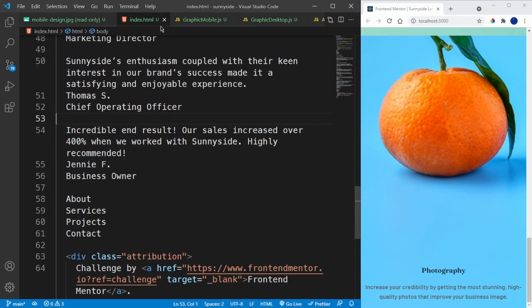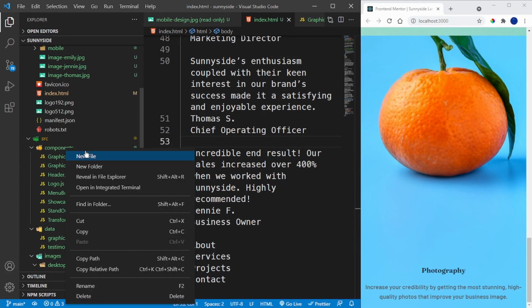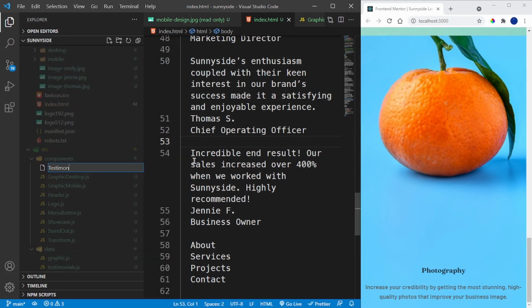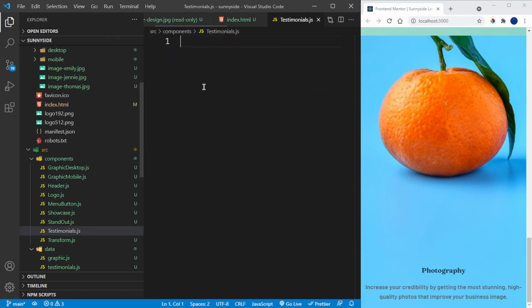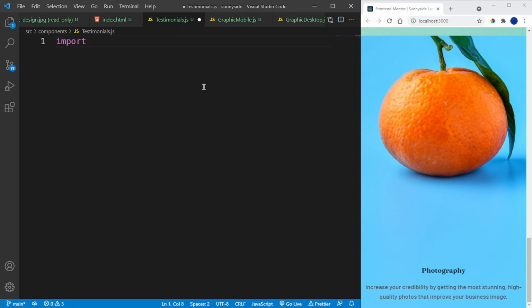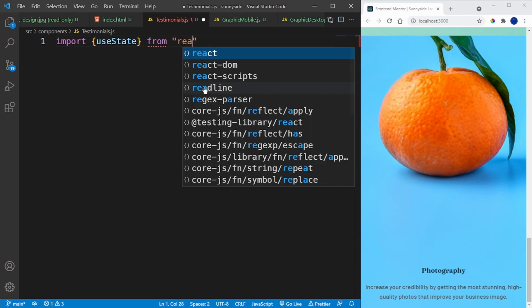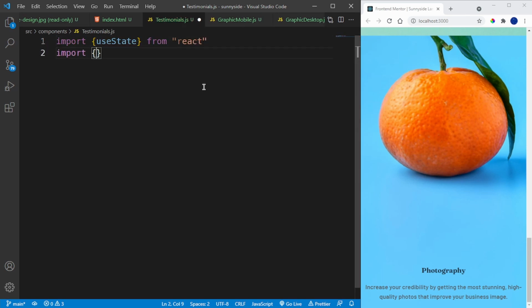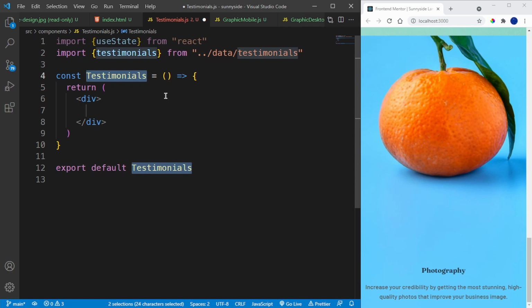Okay, so let me go back into our components, and then we're going to create a testimonial component. So testimonials.js, like so. And then we are going to import, didn't mean to paste that in. We're going to import our data that we've just created. And actually, let me start with the useState because we need that to manage our state values. So import this from React, and then import testimonials because it's a named export. This is coming from data/data/testimonials, like so. And then underscore RAFCE, do this, and then return a fragment because I like fragments, and then